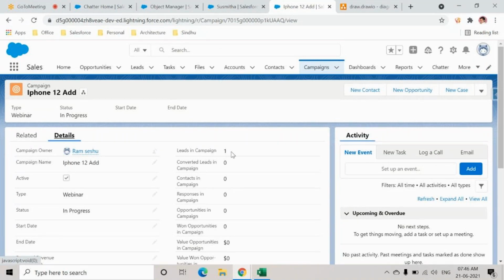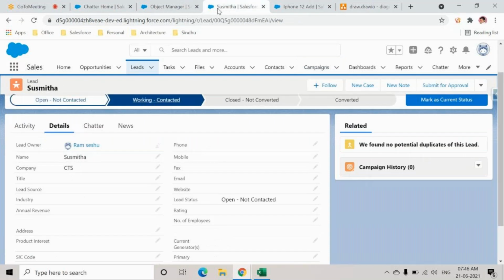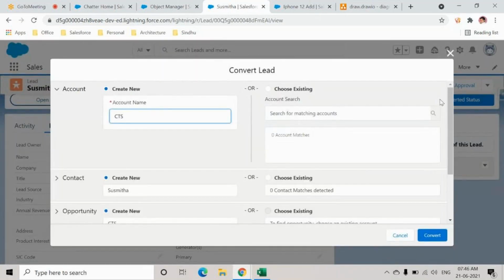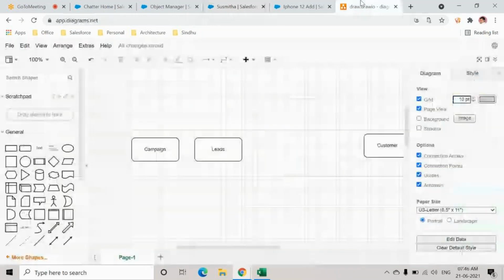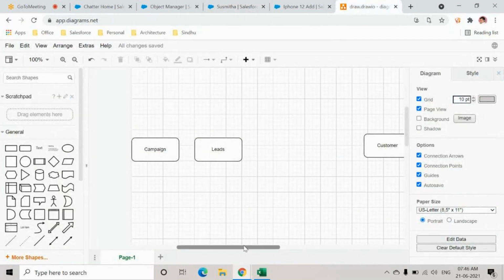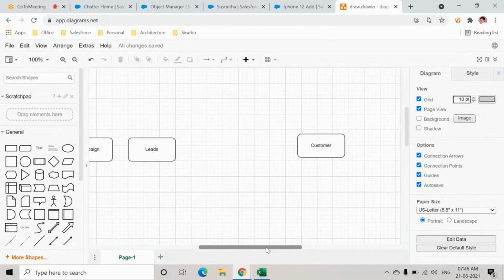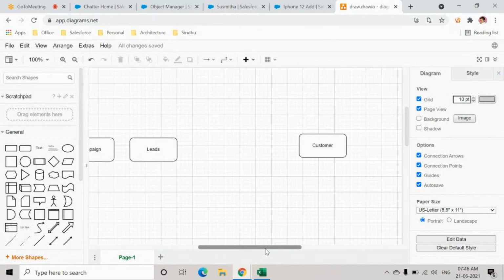Okay. Now, let us say Sushmita is interested. So I'll say converted, click on converted status. Now, ideally, what happens if she is interested, she's going to become my customer, right? But I now have to store Sushmita's information in the customer object where I have all my other customers.